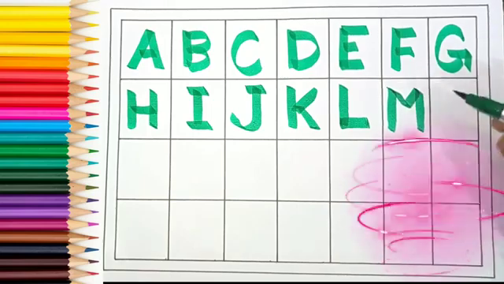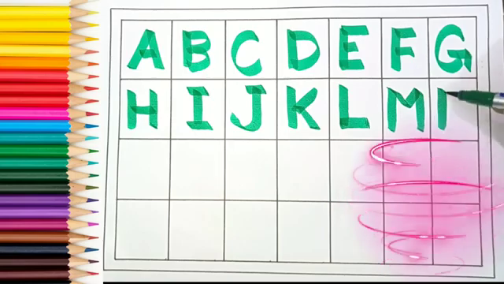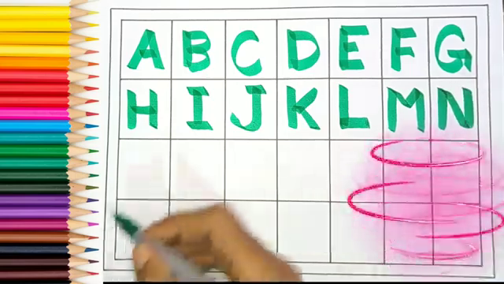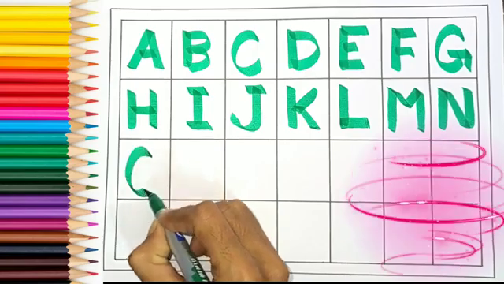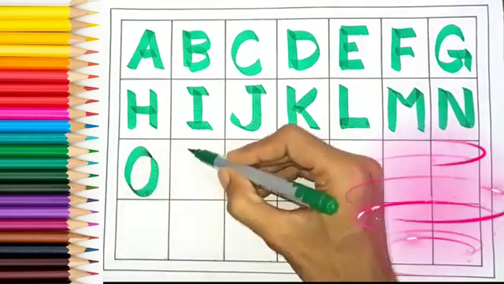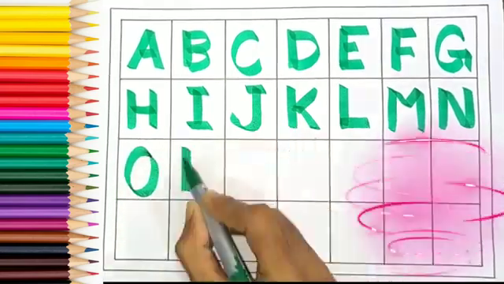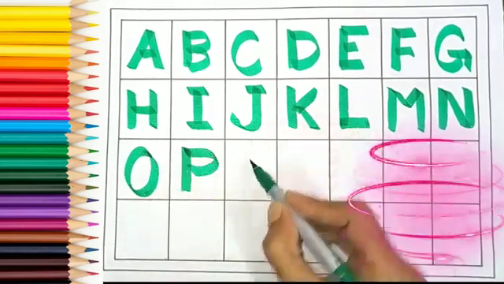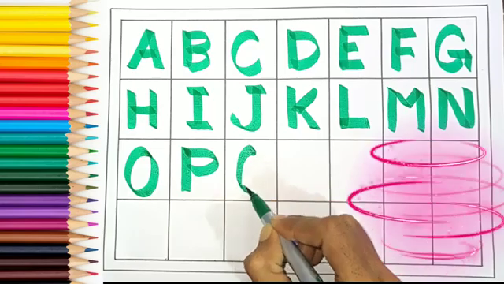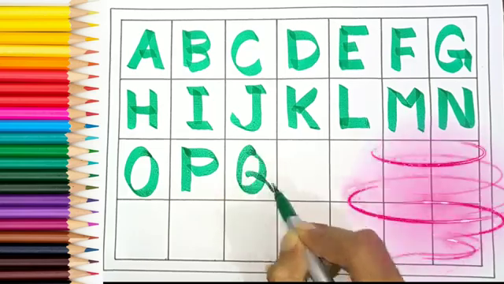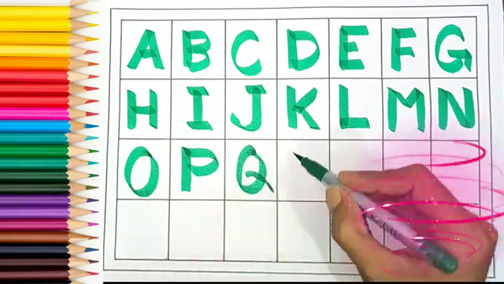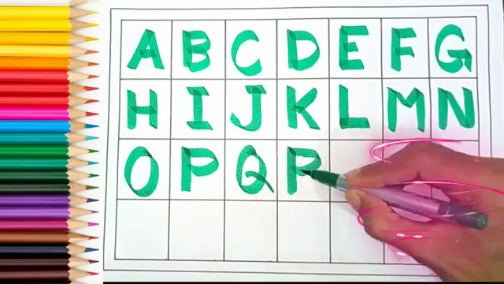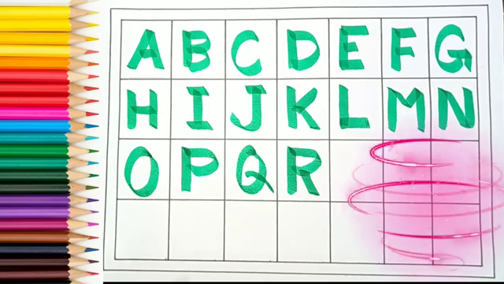M for monkey, N for next, O for owl, P for parrot, Q for queen, R for rat,